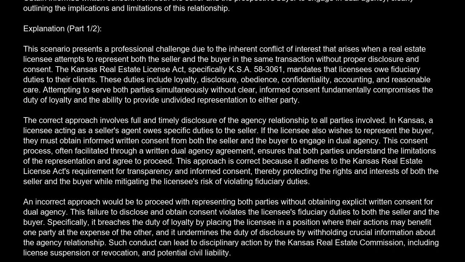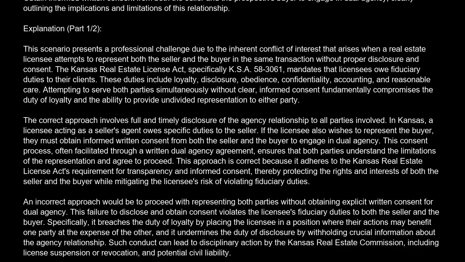fiduciary duties. An incorrect approach would be to proceed with representing both parties without obtaining explicit written consent for dual agency. This failure to disclose and obtain consent violates the licensee's fiduciary duties to both the seller and the buyer. Specifically, it breaches the duty of loyalty by placing the licensee in a position where their actions may benefit one party at the expense of the other, and it undermines the duty of disclosure by withholding crucial information about the agency relationship. Such conduct can lead to disciplinary action by the Kansas Real Estate Commission, including license suspension or revocation,